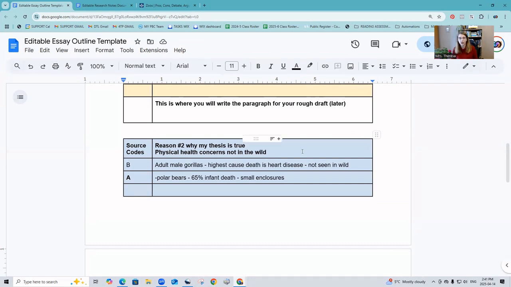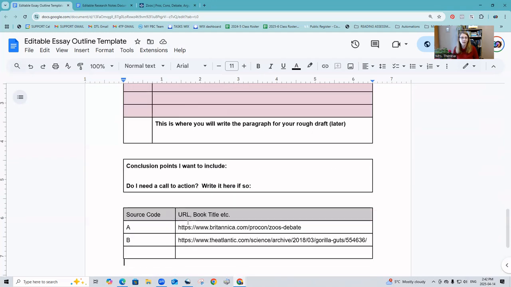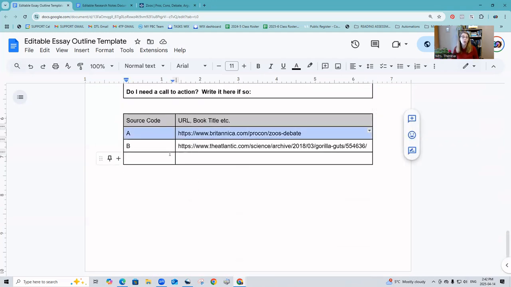When your student is just learning, what I do is I just have them put a bracket and then put the source code A or B or C or D. But even if they're doing full MLA standard, they want to put that source code there, so they don't have to go looking later, which of all these facts came from where. When they're doing their in-text citations for MLA standard, they still need to know which fact came from which source and where that belongs in their essay. So if they have A, B, C, D, they just replace that with the in-text citations. And they have all of these links showing them which one belongs to which.